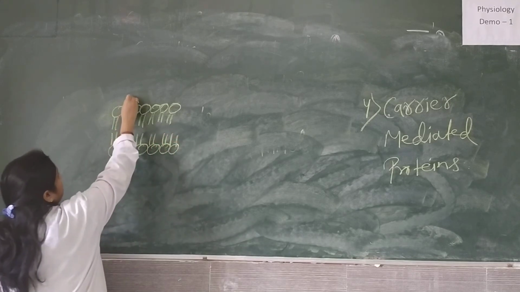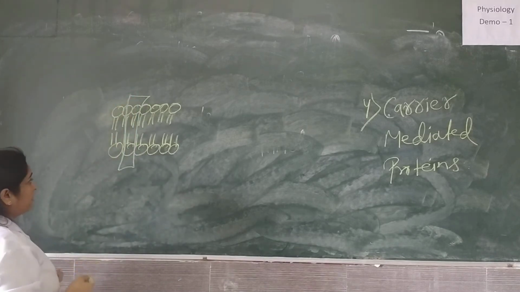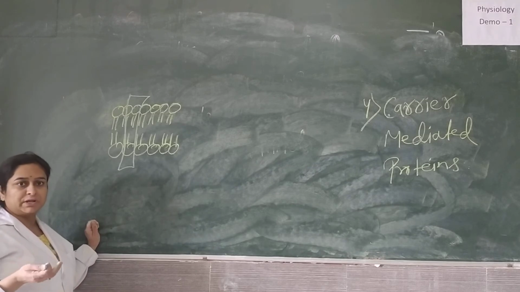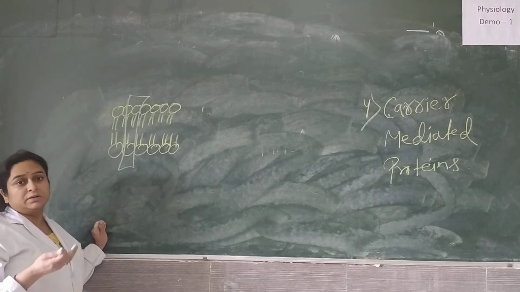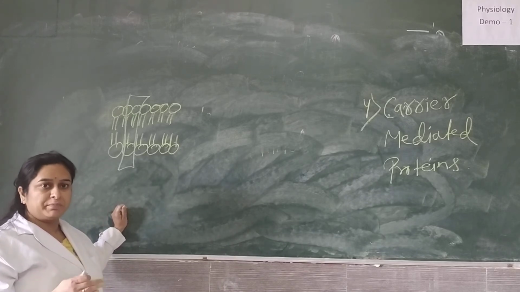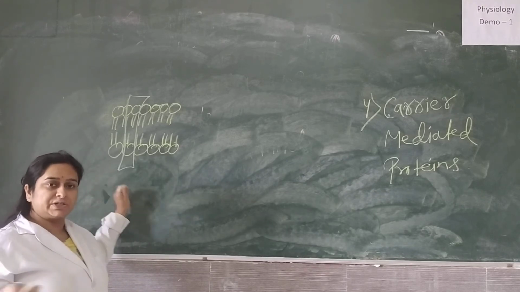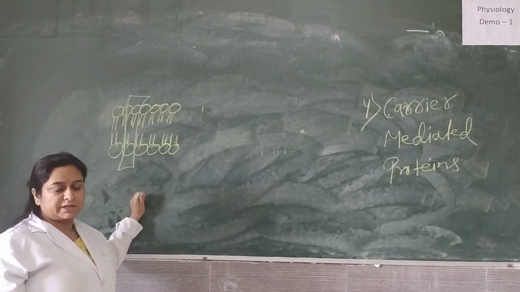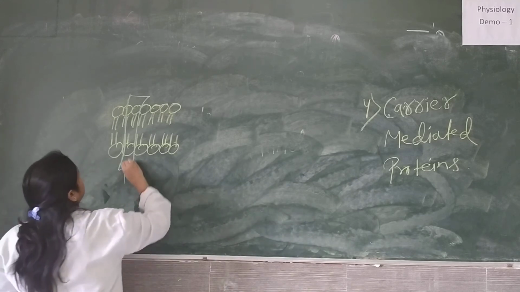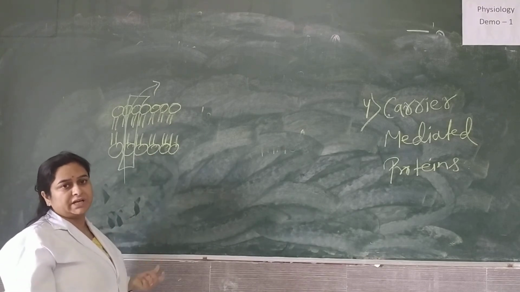So here are the leaky channels for potassium. For maintenance of normal RMP and normal functioning of neurons, as we all know, the resting membrane potential has to be maintained so that sensation can easily travel to the central nervous system. So these are leaky channels, which help in the movement of potassium ions.